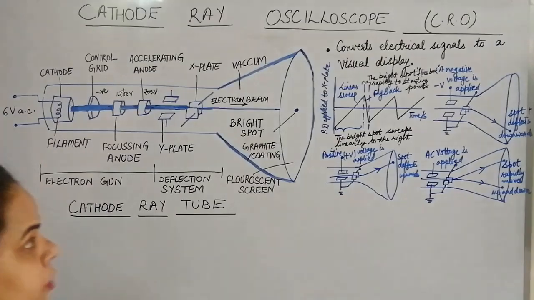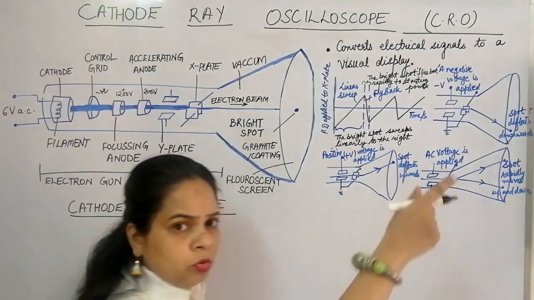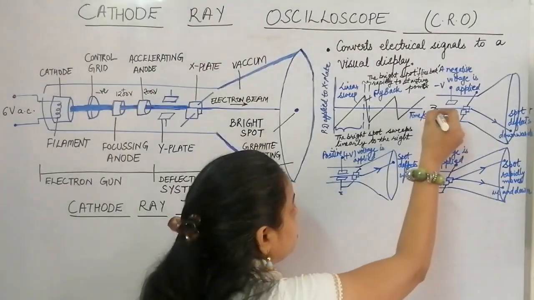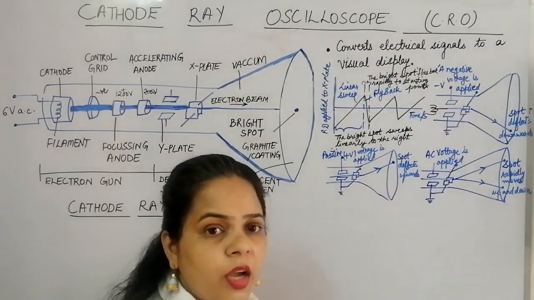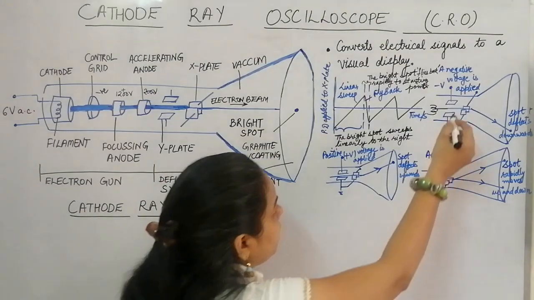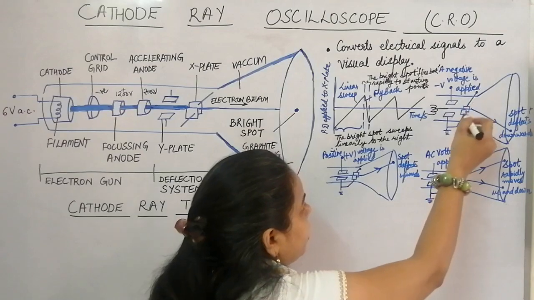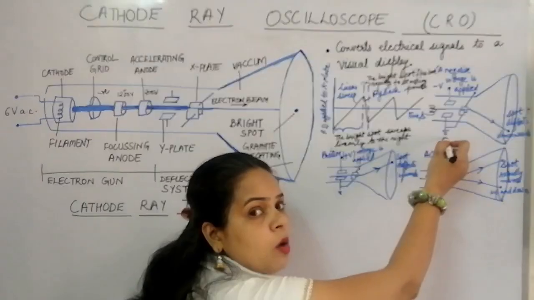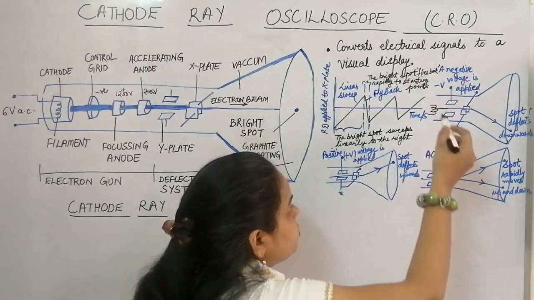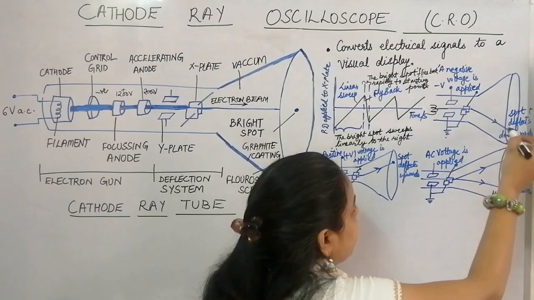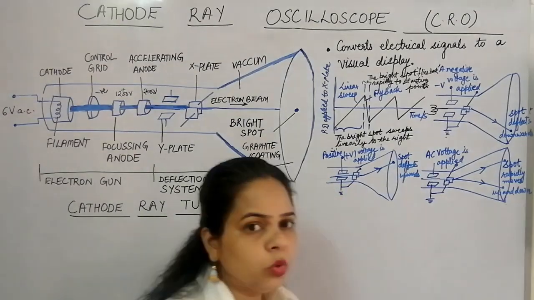So now here I have tried to show you what happens. Here the filament or the cathode gives out the electrons. The electron beams are coming out of the electron gun and passing to the deflection plates. Supposing we have applied a negative voltage on the Y plates, and we are not applying anything on the X plates, which are in a grounded state. When we apply a negative voltage to the Y plates, the electron beam gets deflected to the negative Y axis. So we see a bright spot downwards.